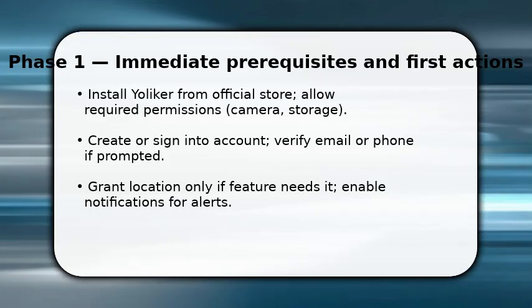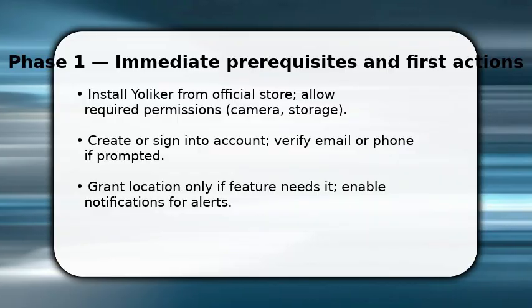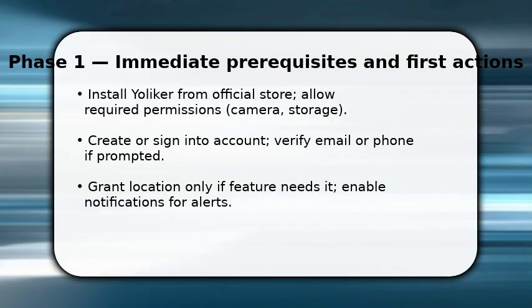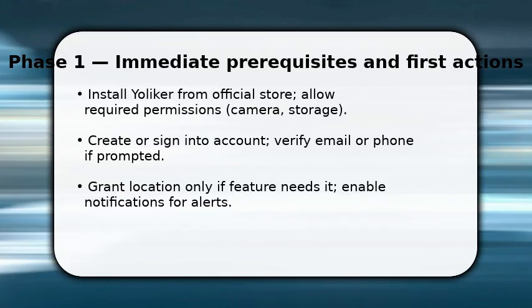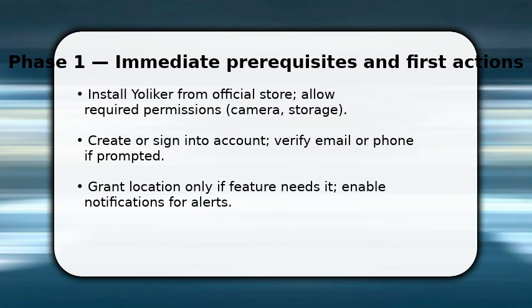You begin by installing Yoliker and granting the essential permissions so the app can access camera and storage immediately. Once done, create or sign into your account and complete the quick email or phone verification step so your settings sync. Make sure to allow location only when a feature requests it and enable notifications to receive real-time updates. This gets you into the app fast, removes early friction, and ensures Yoliker has the access it needs to function